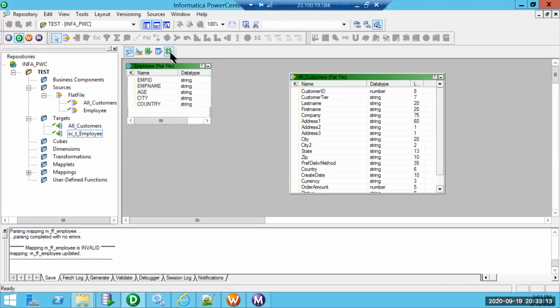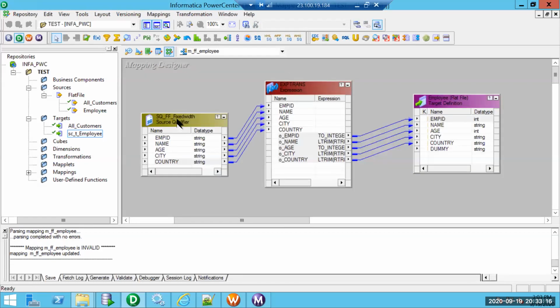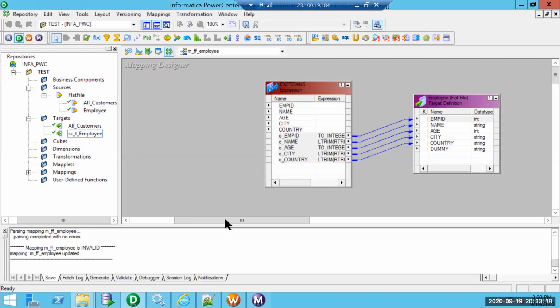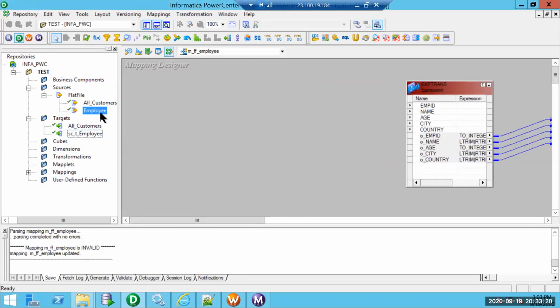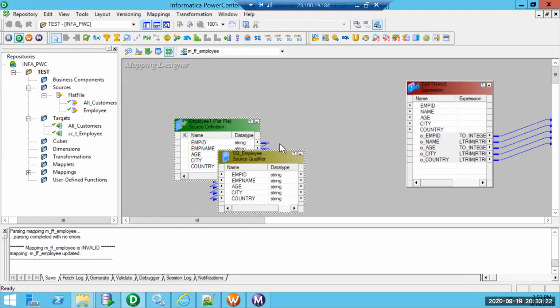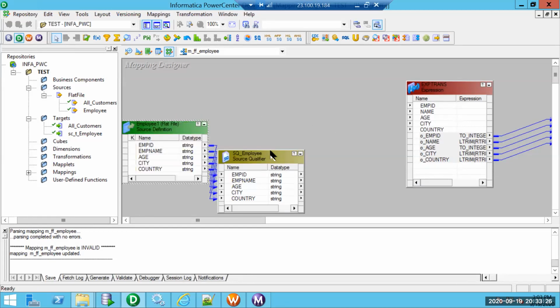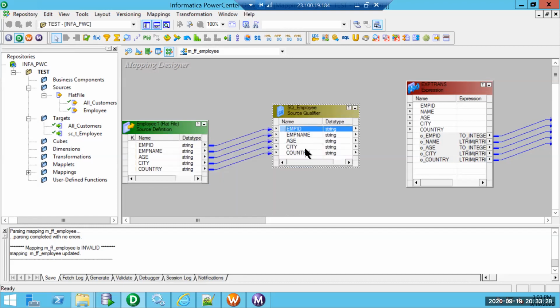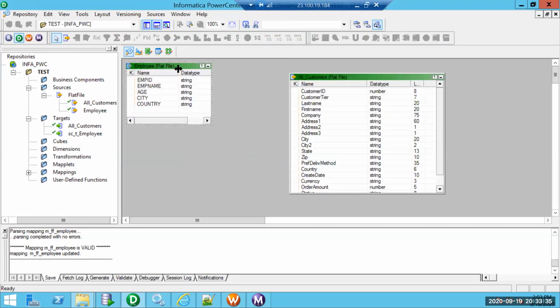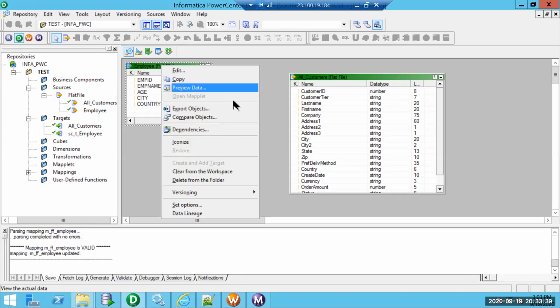Okay, now let me try to add that. Now I will try to review the data.